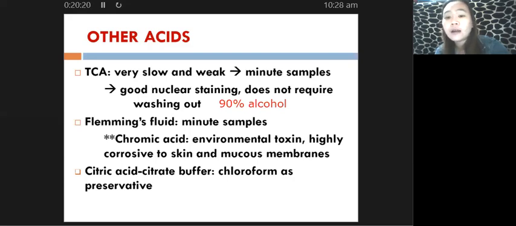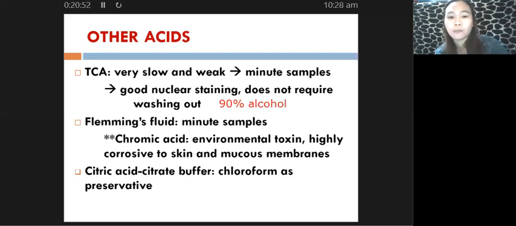Another recommended staining technique is your Giemsa stain. Both of these are capable of providing better results as compared to your H&E, which is only 75. Maybe for Masson's and Giemsa, 80. That is what they can provide. All right, so those are the different acid decalcifying solutions that we can use for the removal of your